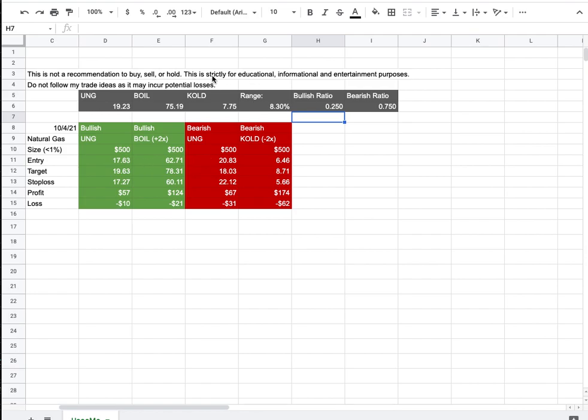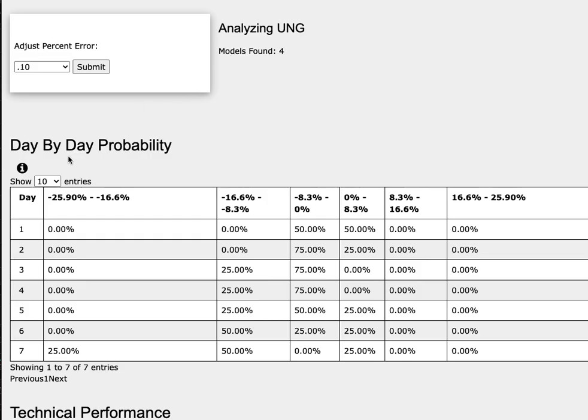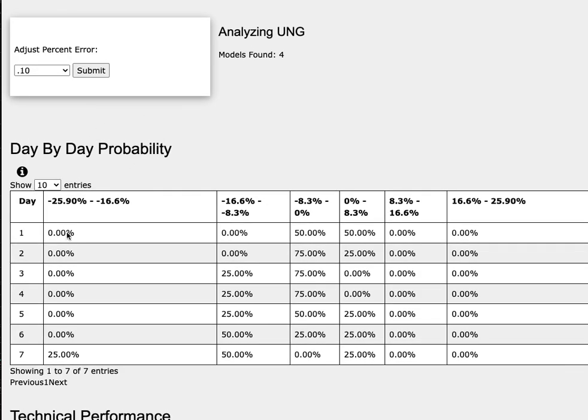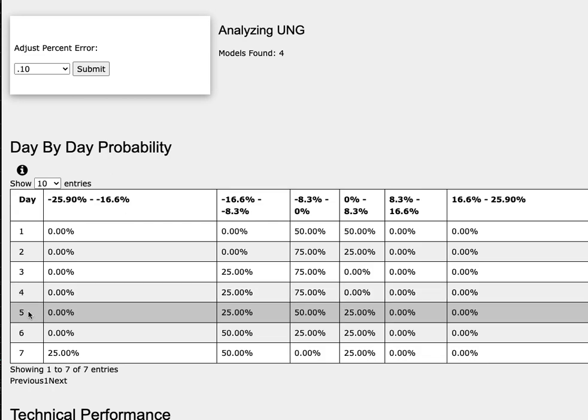So how did I develop these trade ideas? It all comes from the day-by-day probability model. As we progress to the 5th day, or a week of trading, natural gas has a 25% chance to climb between 0 to 8%. To the downside, it has a 50% chance to fall between 0 to negative 8%, and a 25% chance to fall between negative 8 to negative